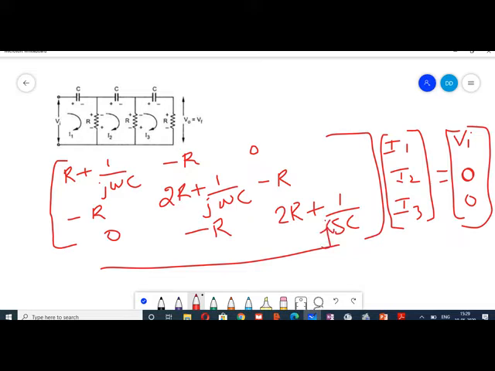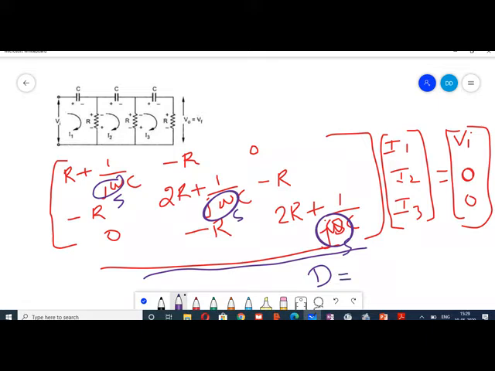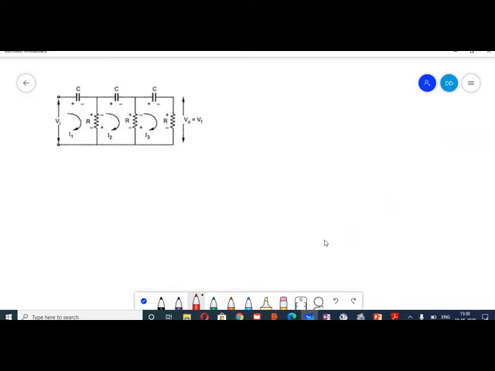So this is not S, this is j omega. Now this j omega, you have to replace it by S so that we can simplify it in few steps. So we'll replace that j omega by S and rewrite the matrix, and we have to find the determinant D of this particular matrix. So if we solve this matrix, the determinant what we are going to get is given by